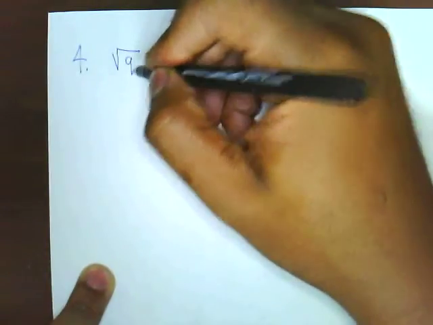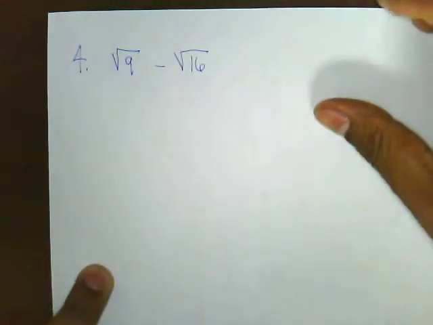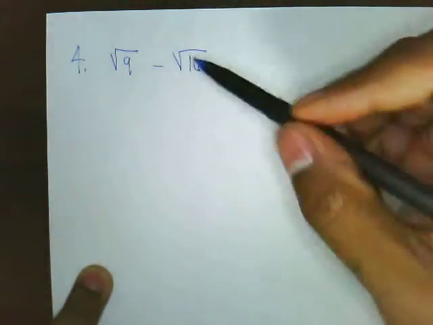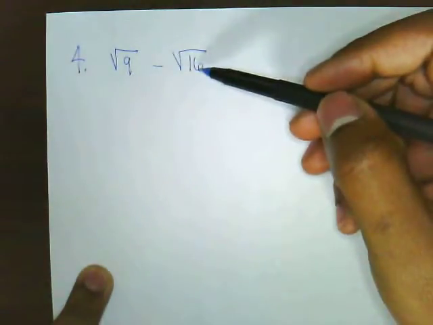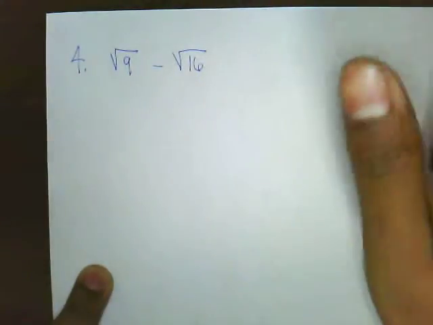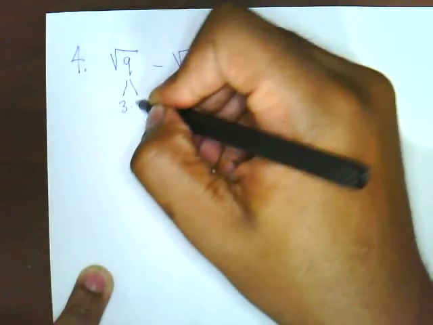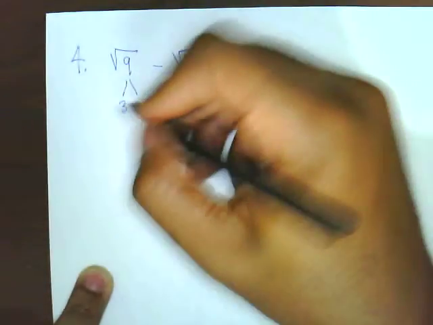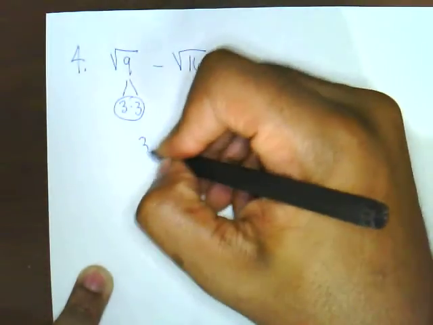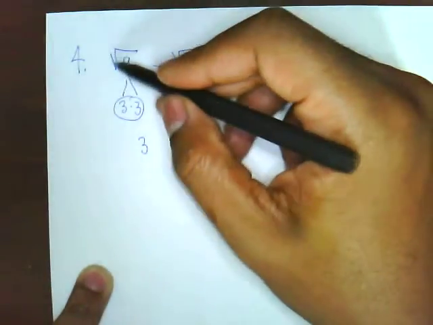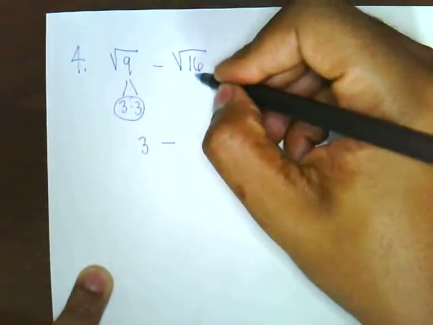Root 9 minus root 16. Now, for those of you that are good with perfect squares, you could immediately see the square root of 9 is 3 and the square root of 16 is 4. But let's just say you didn't know that. Well, we have 3 times 3. There's a pair. That goes on the outside. When there's nothing left to go on the inside, you don't write the radical symbol. So we have 3 minus